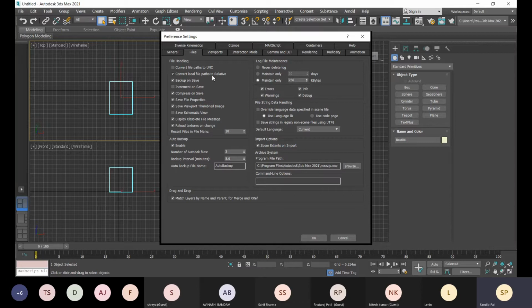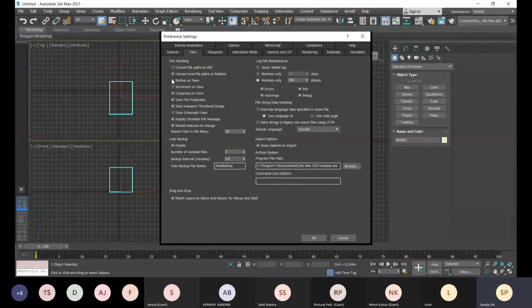But when you send your project to another laptop or another PC or another system, that file will be opened, but the path will be changed, right? According to that path it will take it, so that will be relative. That's why we choose this.